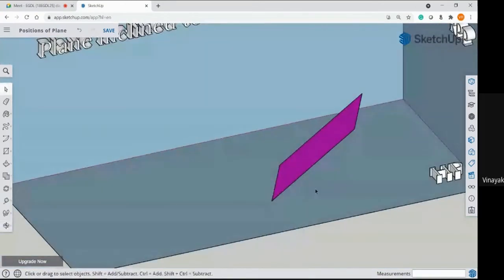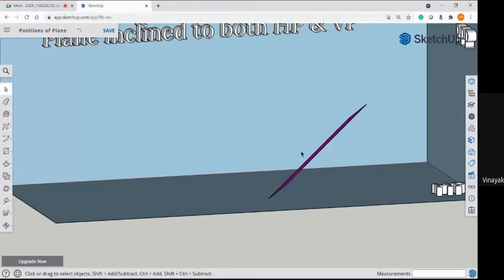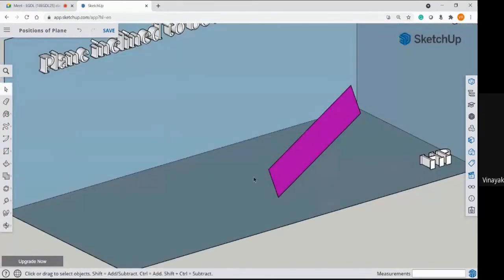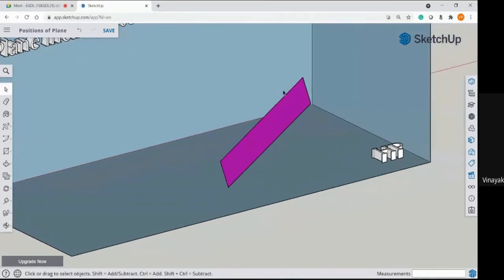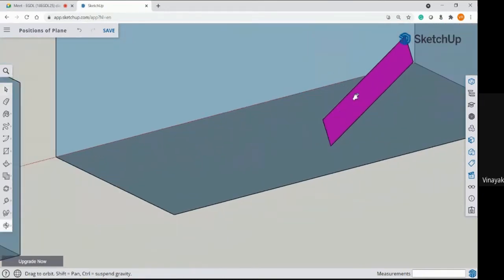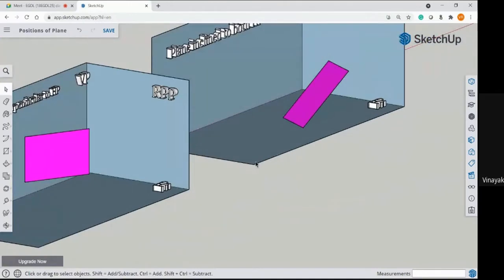And see here, now in this case it is inclined to both planes. So here it is inclined to the horizontal plane, and here the plane is inclined to the vertical plane. That is your last position. Okay, all the problems which you'll be solving will be in this position. In order to obtain this final position, you have to follow two steps from the first five positions.